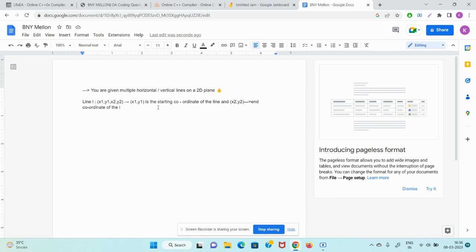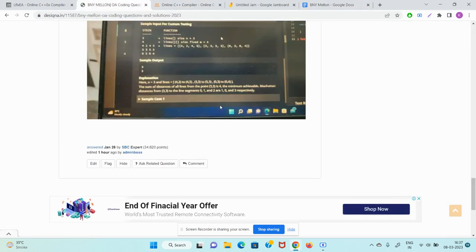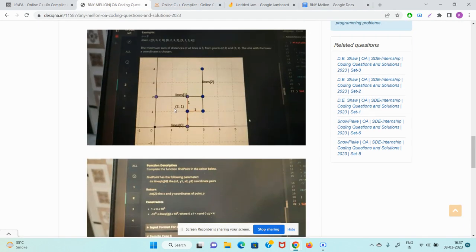We are given multiple lines like this. They are saying find a point on the 2D plane such that the sum of distances from all the lines is as minimum as possible. So if we check the example given to us,